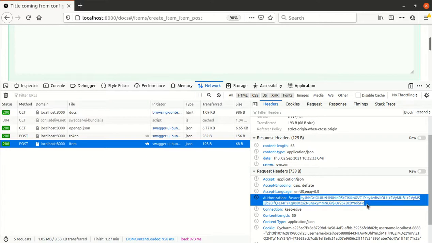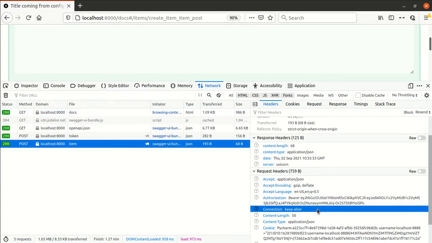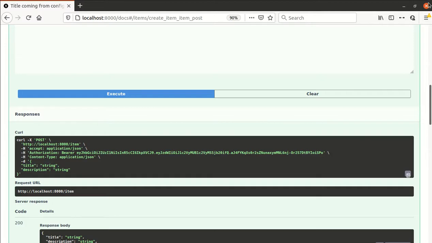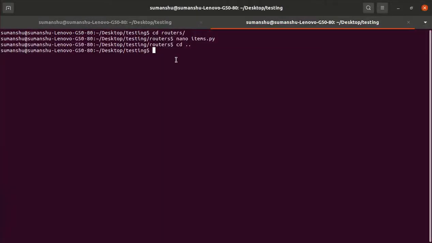So this is the token name. The same token we have to pass, because this is passing from the front end, but now we have to write our test cases. In the test cases we have to pass all these things manually, right? We have to pass it in this format only: authorization colon bearer and then the token name. Okay, so now we got that in the header we have to pass the token in this form only. So let me close this.